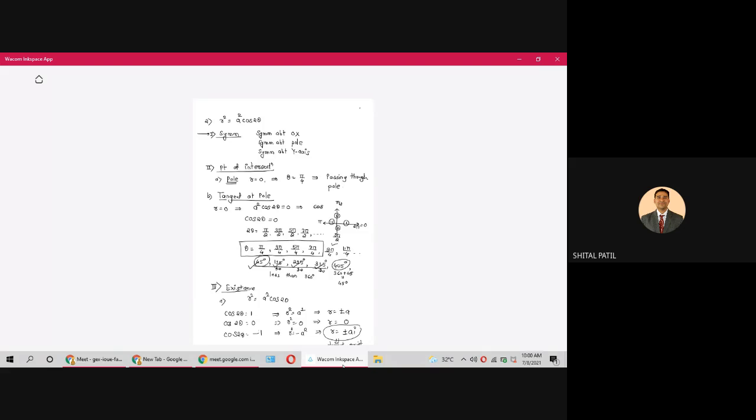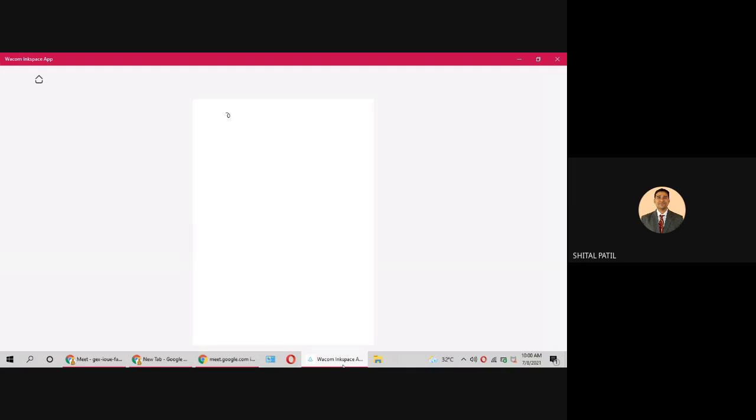So we understood that the conclusion is like this. R maximum equals A. R minimum is -A, but I'm not considering that, so I cannot trace a circle with R equal to -A. That circle does not exist. So R, that is x square plus y square equal to A, that is x square plus y square equal to A square.